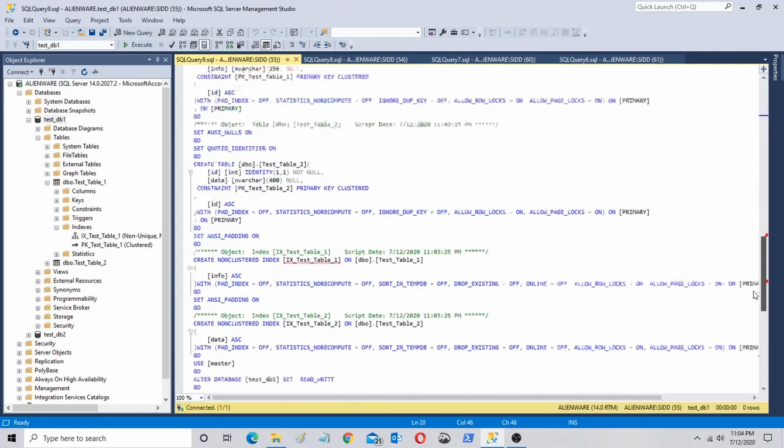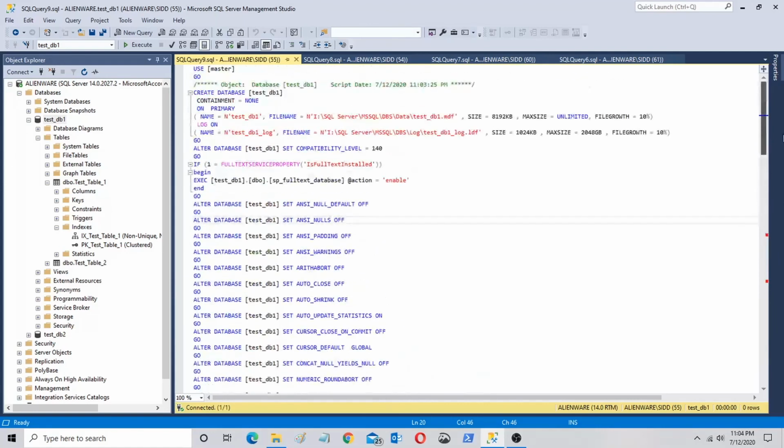The only kind of disadvantage in generate script, I would say, is that, for example, if there is a specialized requirement that you just want to have all the indexes or all the constraints of a table, you cannot have that. It will always be integrated along with your table. All right, so that is the only main disadvantage, or only option which is not available, in case you want to generate a script for your entire database.